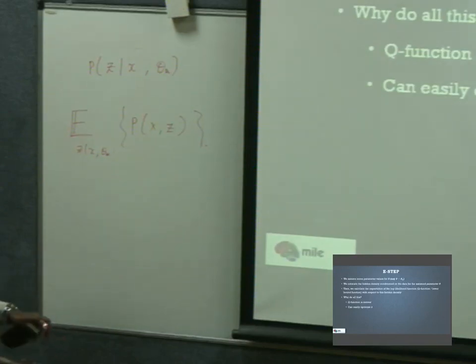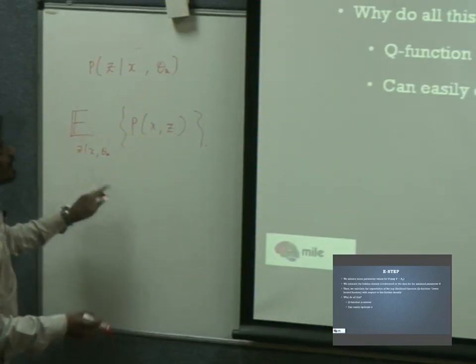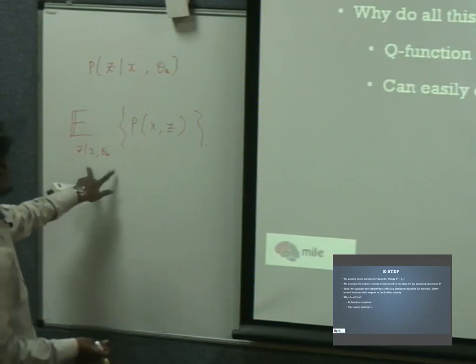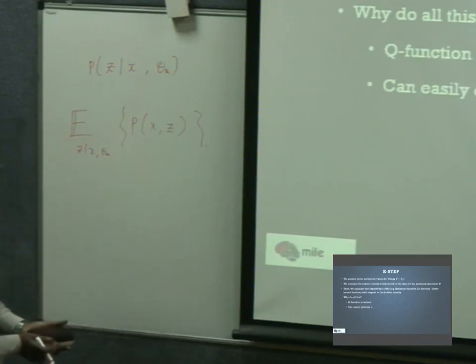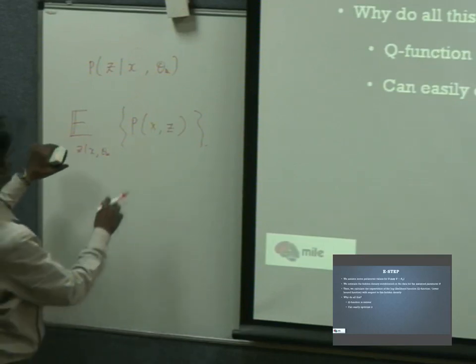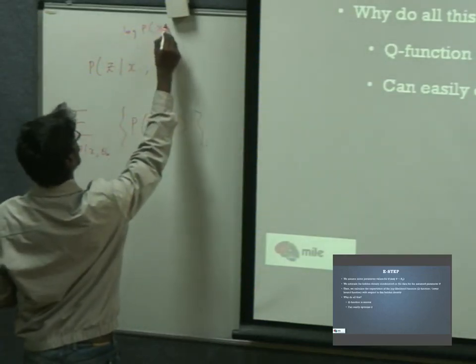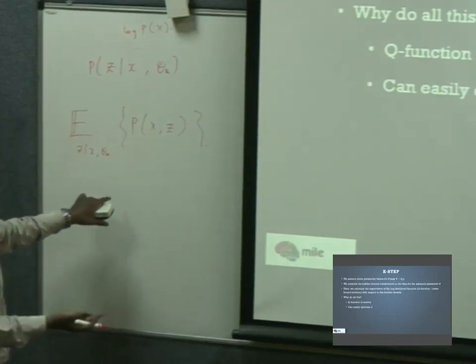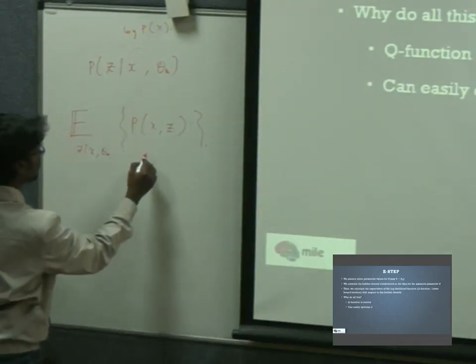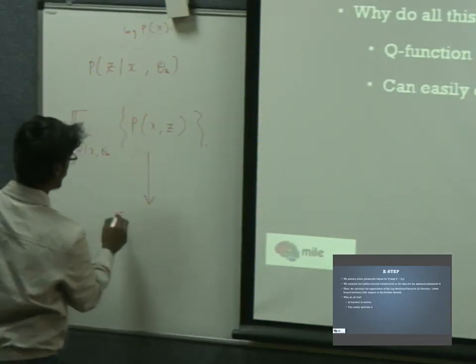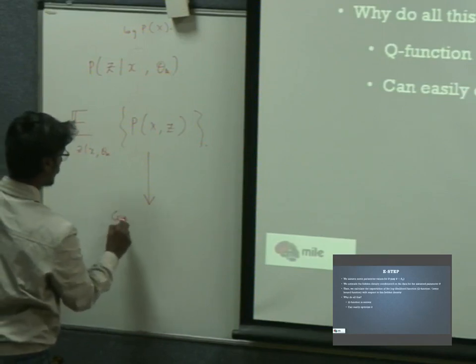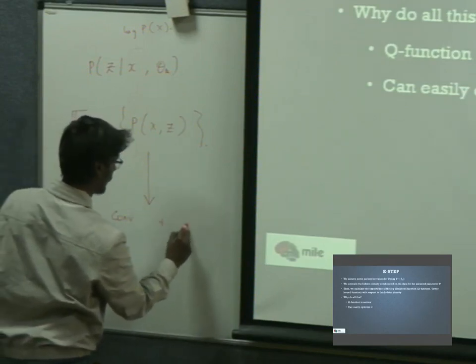So this is what we calculate. Then, why is this actually required? Because as I told you, the likelihood function, that is the log of p of x, is convex. Sorry, non-convex. So it can't be differentiated. So what we do is, if we do something like this, then the convex portion and the non-convex portion get nicely separated.